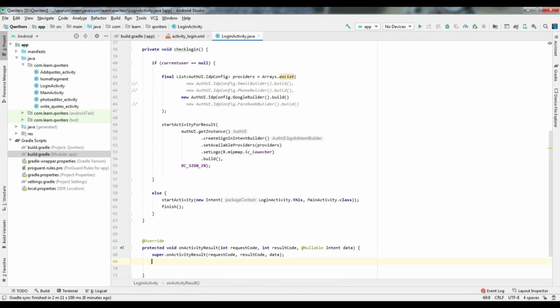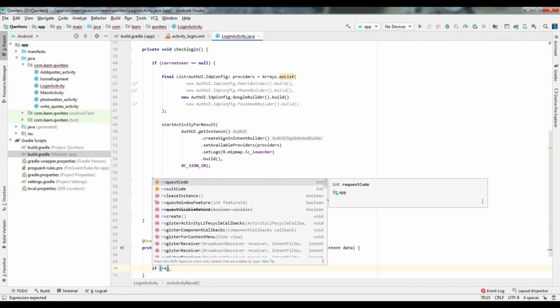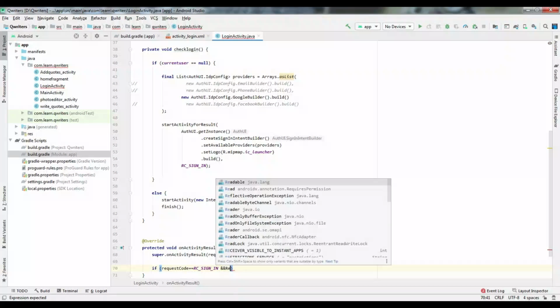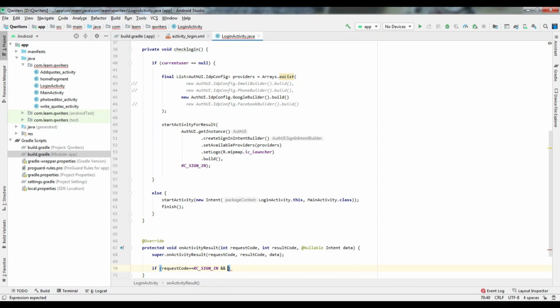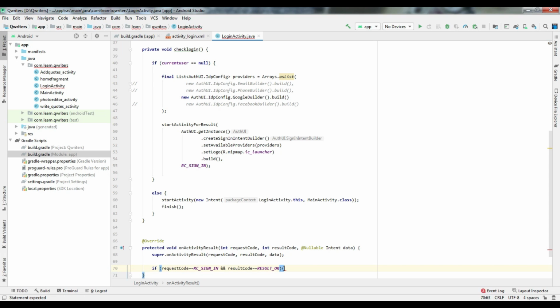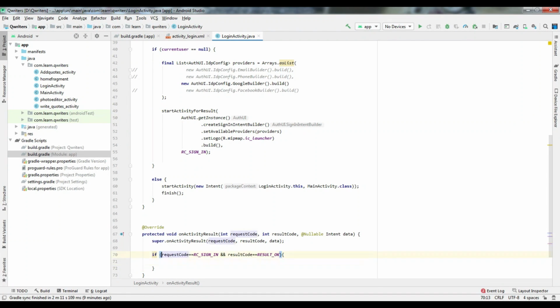Here we'll be checking if requestCode is equal to RC_SIGN_IN, whatever we have defined, and resultCode is equal to RESULT_OK. Then the user has successfully signed in, and we have to store his data. So let's send him to the new activity.